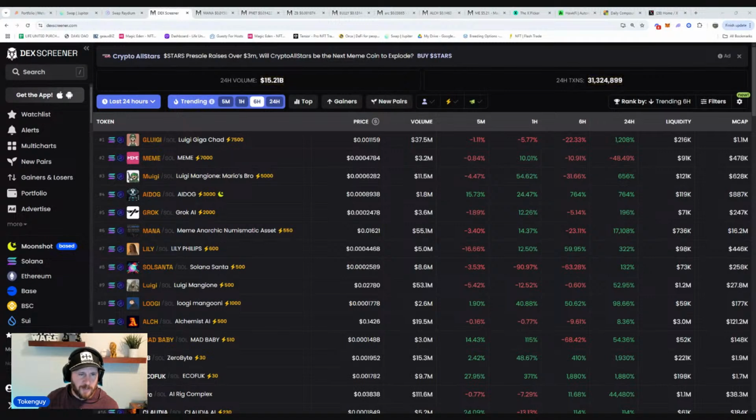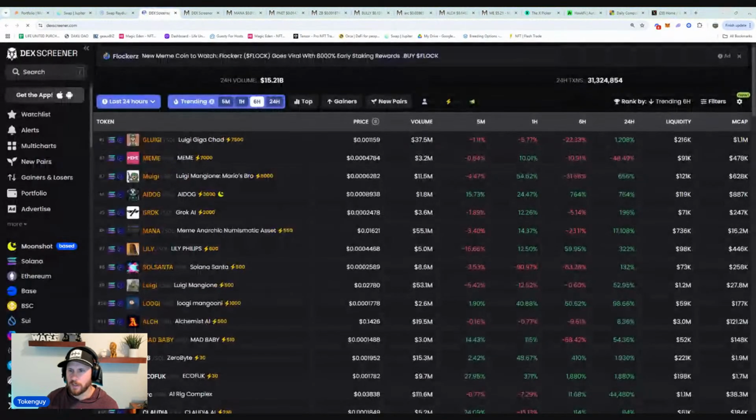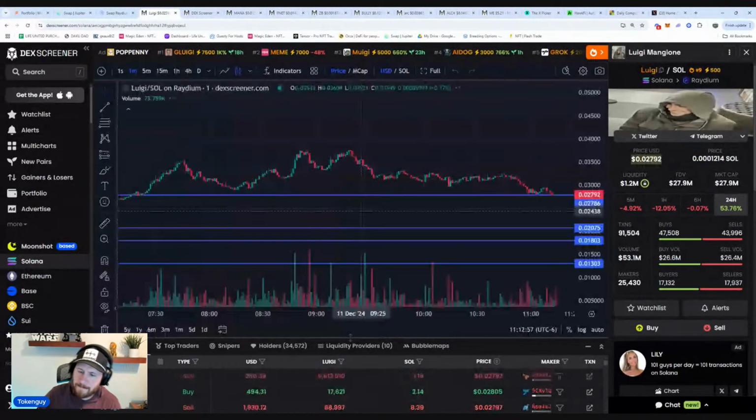I checked Mana and Peanut, Arc. Oh, yeah, Luigi. We can check back on Luigi. I think Luigi's volume was a little lower, even though the coin itself did pretty good. Let's see if it's trending at all. Yep, there it is. Yeah, it dipped down, it's at 27 mil right now. Let me look on my...